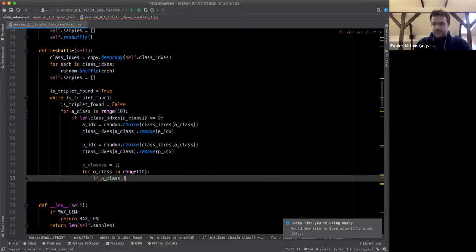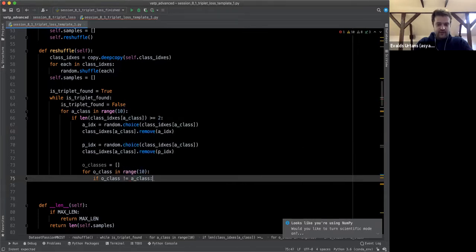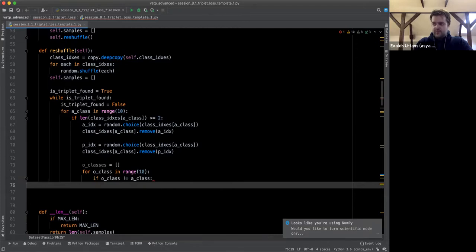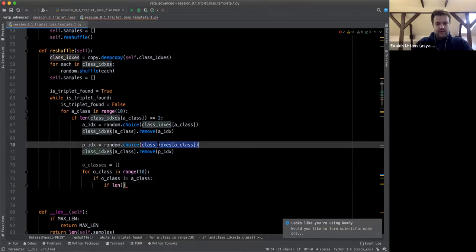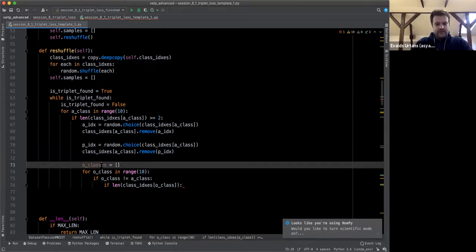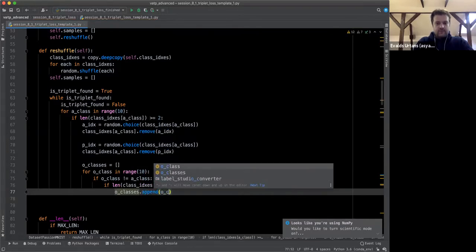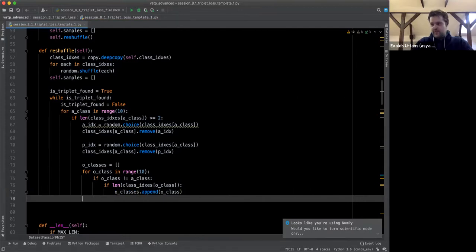So all class with the A class, where it's not matching, so the negative pair. And also, if there is at least one sample available here in the all class, then that's good to go. And that means that we can add the candidates of all class. So we are adding the candidates for the negative ones. Again, here there is a potential already for mining,